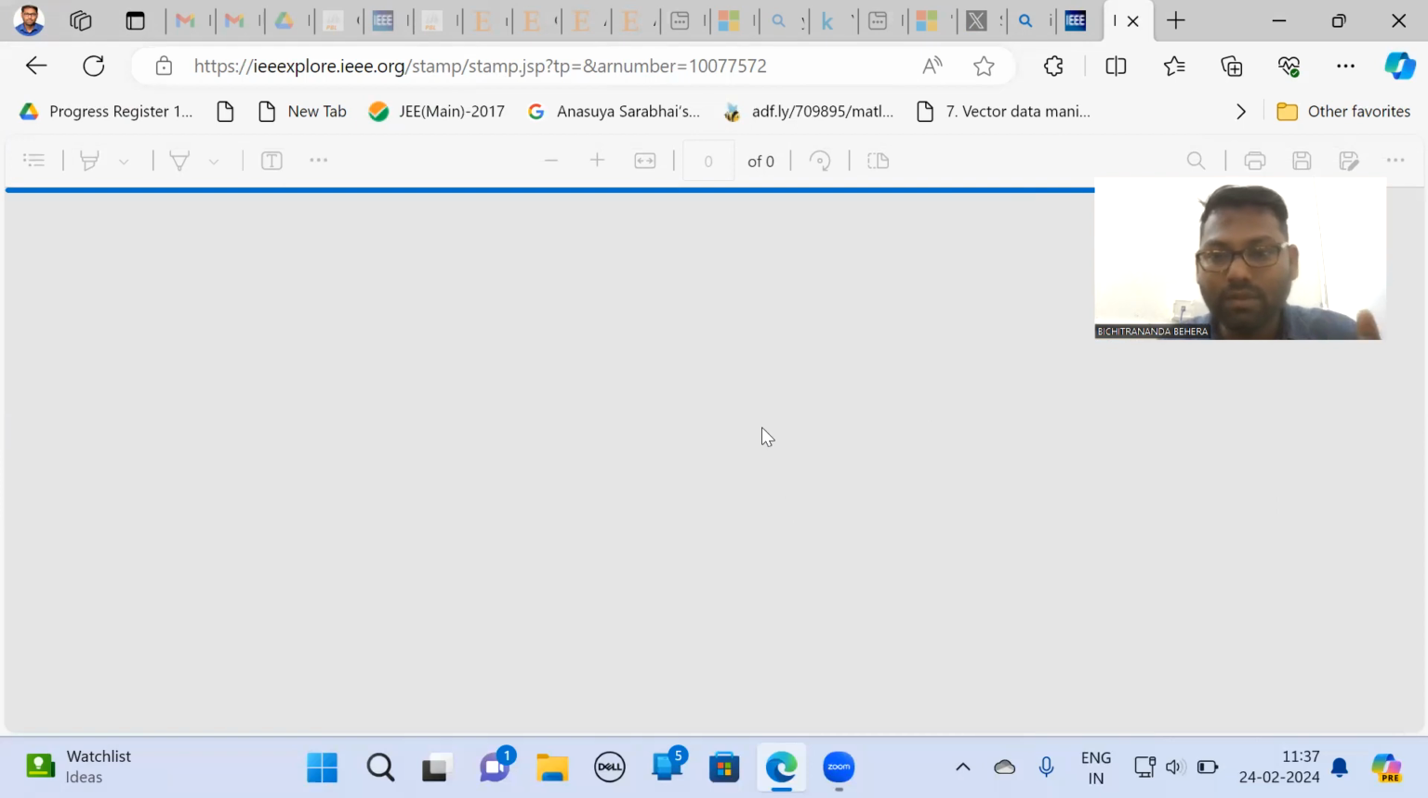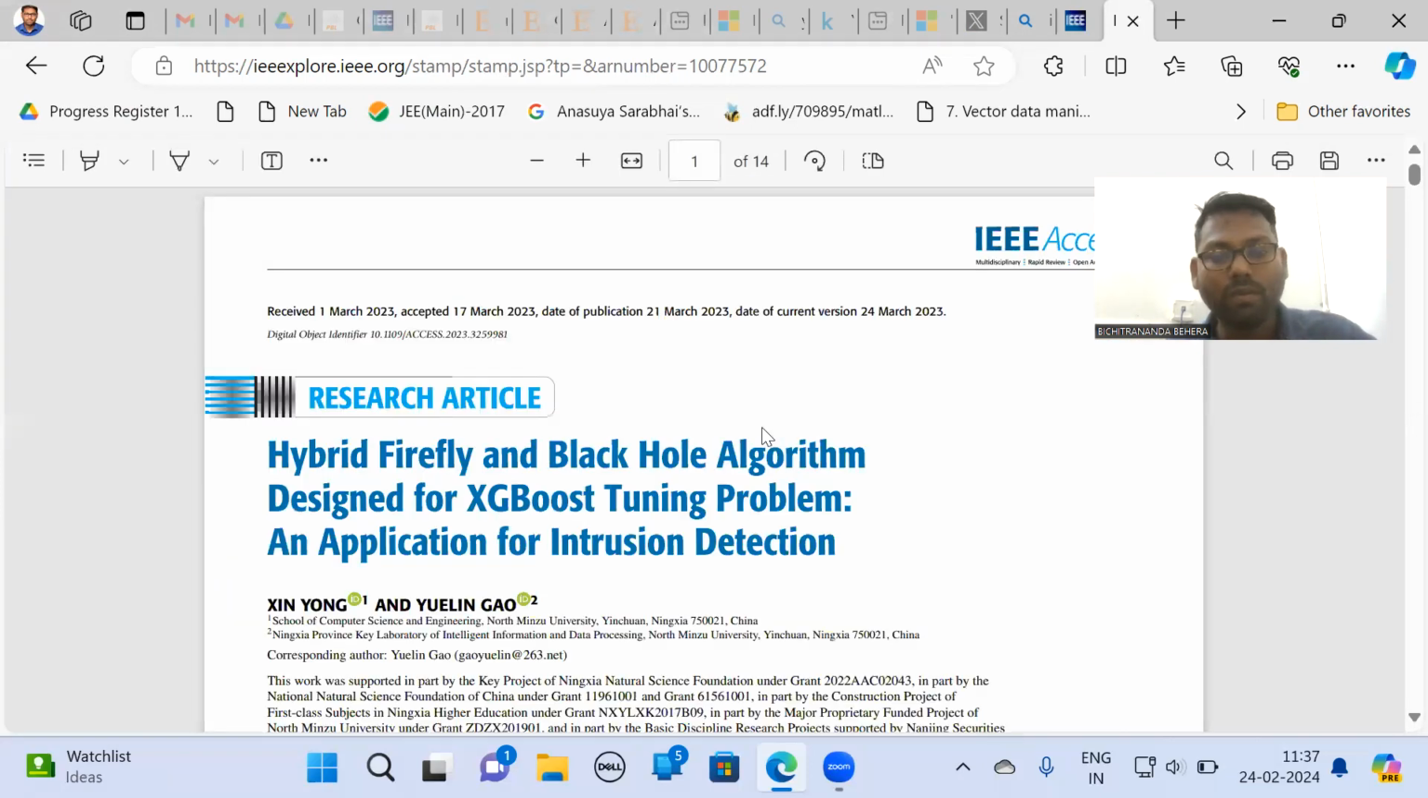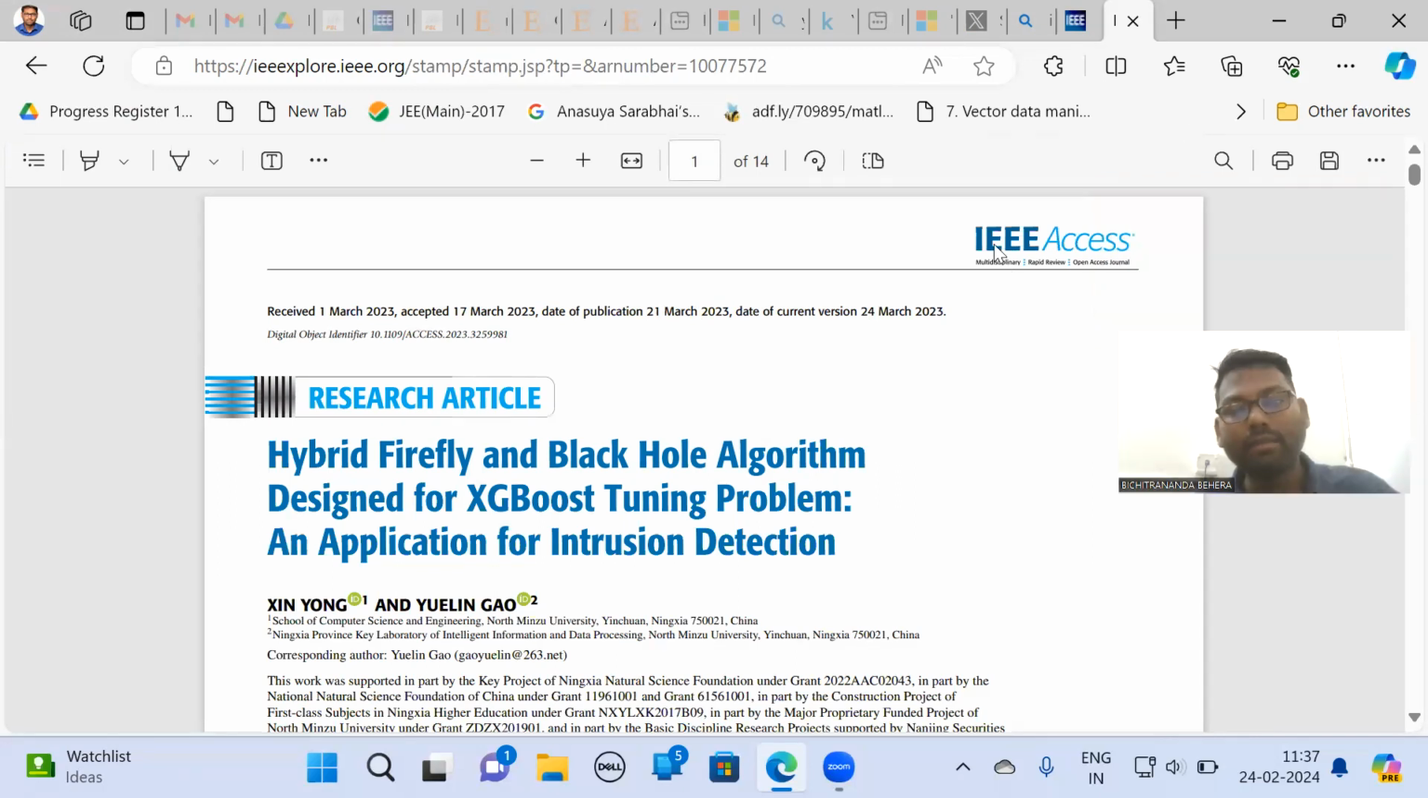Okay, so IEEE Xplore is one website. IEEE Xplore is a database. All the IEEE journals you can easily find here. See, IEEE Xplore is a database. In IEEE Xplore, a lot of journals are there, like IEEE Access. It's a journal, and you have to find the paper you are downloading. You have to understand that